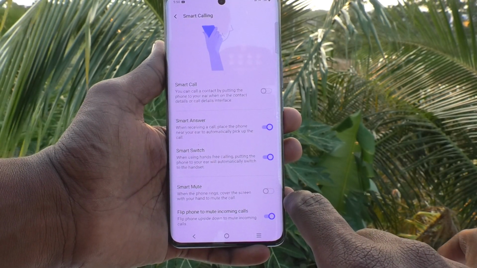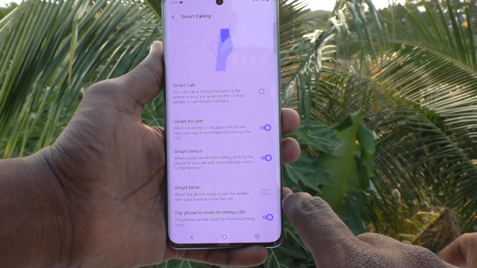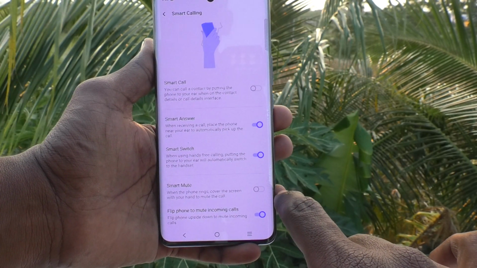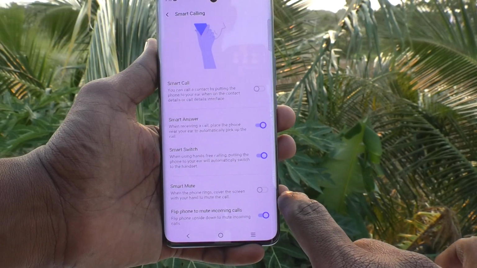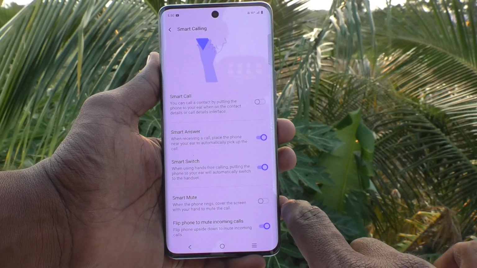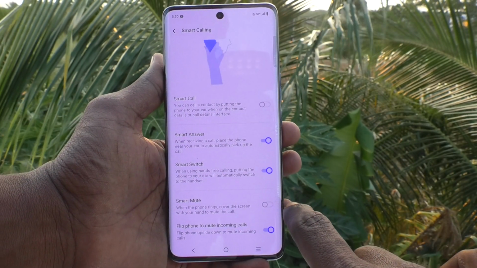So when you are using hands-free call, you can put your phone to your ear, and automatically it will switch to the handset. Okay, so in this way you can easily enable smart switch in your phone